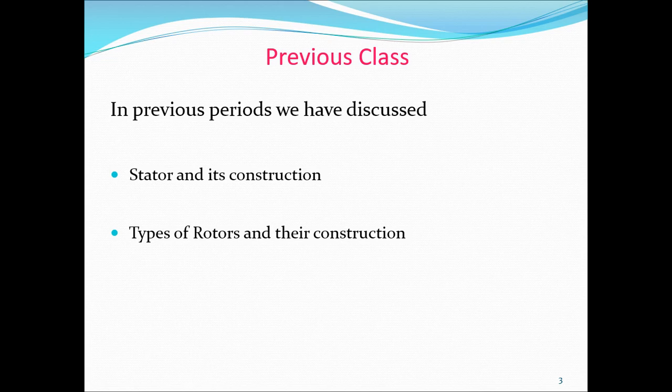So what are the types of rotors? There are two types of rotors. First one is salient pole rotor, and next one is non-salient pole rotor or smooth cylindrical rotor. So if you see the features of salient pole rotor, it is used for low speed and medium speed. As you know, when the speed reduces, what about the number of poles? Yes, the number of poles is more, and it is used for Kaplan turbine.